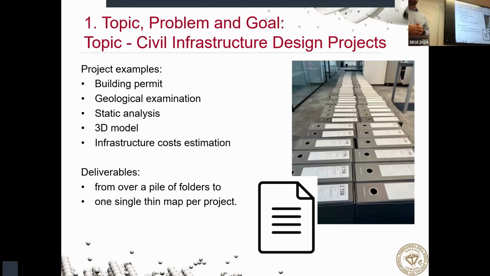Typical examples can be building permit, geotechnical exploration, and so on. So all the work related to the project is included, and it needs to be somehow managed, like how many subcontractors we will have, how many employees we will involve in the processes itself. So this is quite, let's say, a complicated task, which can end with very different deliverables. As you can see from the picture, it can be a very thin map or really a lot of files handed